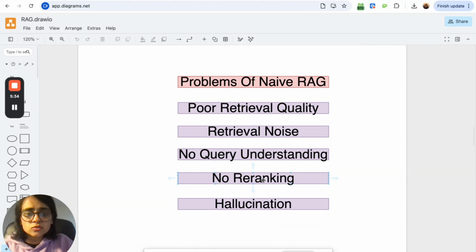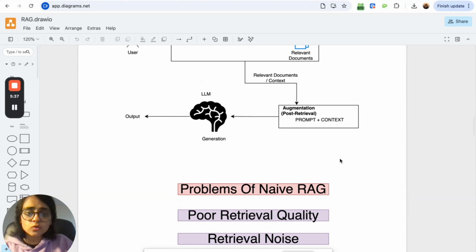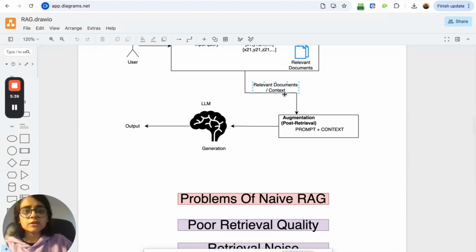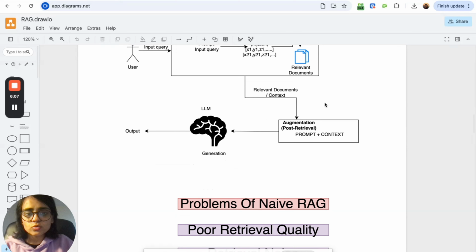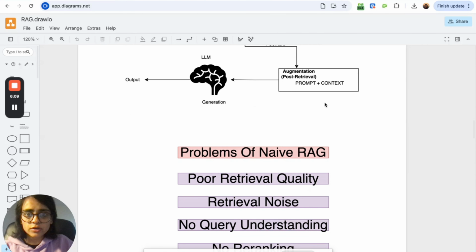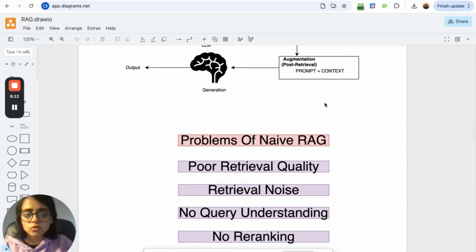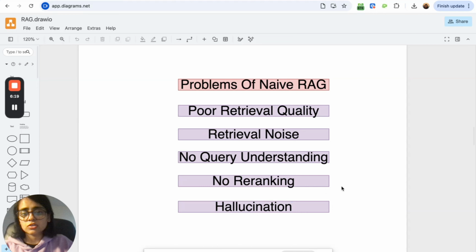So in those kinds of cases, you might not retrieve very good chunks for what you're looking for. Then there is no re-ranking method. Naive RAG assumes that the top k chunks that have been returned to it have all the relevant documents, and that those top k chunks are the most relevant chunks and need to be used for responding accurately to the user, but which might not be the case always. And then the last problem is hallucination. Because of all of this, because of poor retrieval quality, because of retrieving some documents which are not relevant to the actual query, the models might still hallucinate.